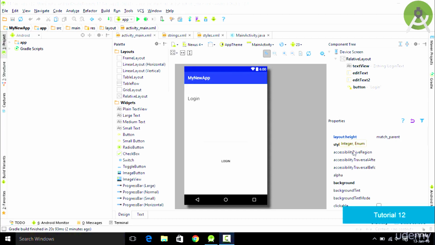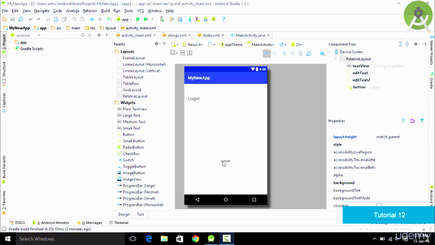Hello and welcome to this tutorial, and in this tutorial we'll be designing the user interface of our Android application. Now this tutorial is going to be the continuation of the previous tutorial in which we designed this basic login screen for our application, and now we are going to study some things called resources. But before directly jumping into the resources, the first thing I need to mention is